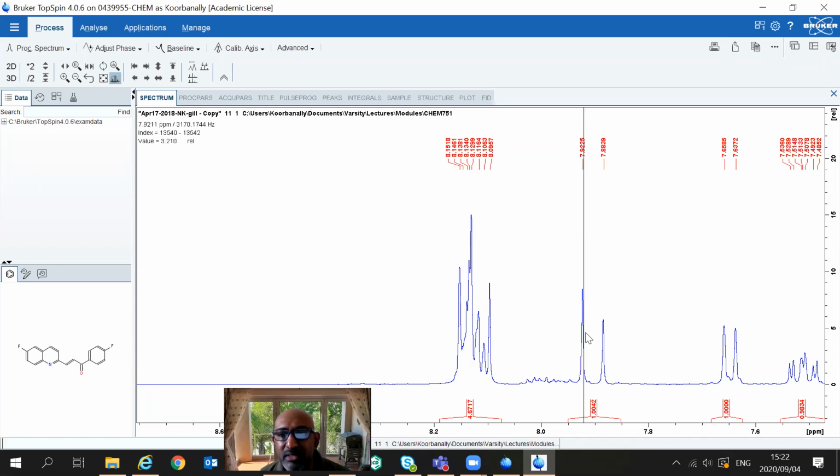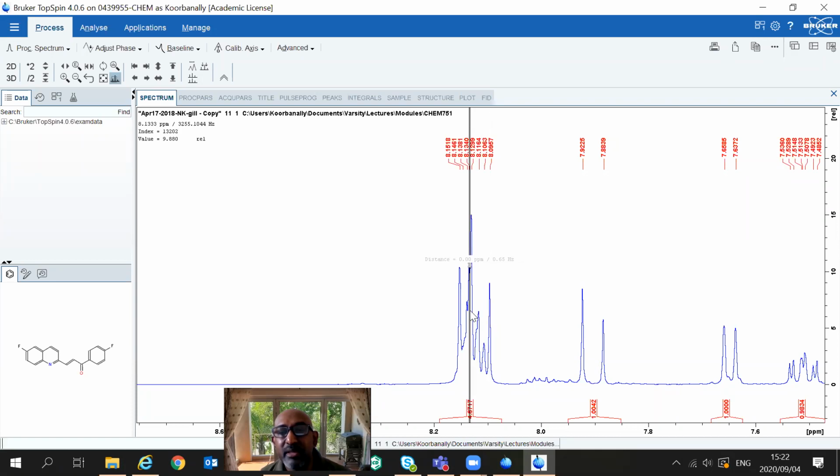So let me look at the coupling constant here. That's about 15 or 16 hertz, say about 16 hertz, right? And if I measure the distance between that peak and that peak, that's maybe 14 hertz or so. So I might want to say it's this particular peak here. Can you see on the other side of that, there's a small peak there and here. So it's more highly likely that that is the resonance for your